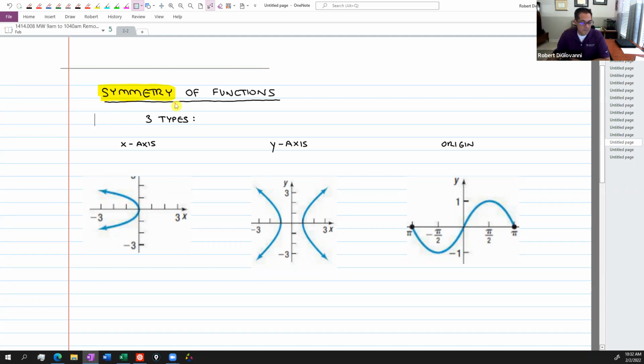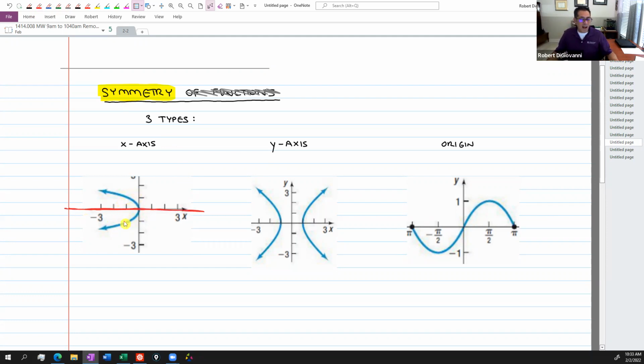The first type is called, you know what, I need to change something. Just put symmetry up here, not symmetry of functions, just put symmetry. Because this first one's not a function, it fails the vertical line test, okay? So just symmetry in general. So if somebody gives you a graph, you can not have symmetry, or you can have symmetry, and it would be one of these 3 types. So the first type is called x-axis symmetry. And the way it works is, I think, pretty simple for people to understand. If you just look at the x-axis,